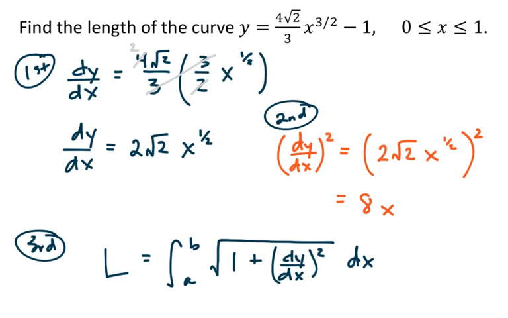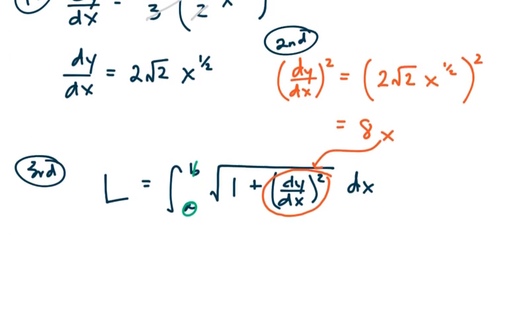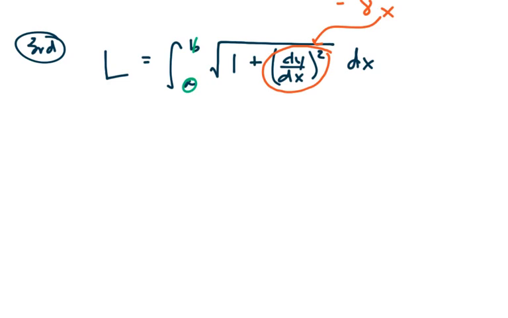We want to notice our bounds here are 0 and 1. 0 and 1 are going to become my a and b values, and 8x represents my derivative squared. So let's plug this in and calculate our arc length value. So L is the integral from 0 to 1 of the square root of 1 plus 8x